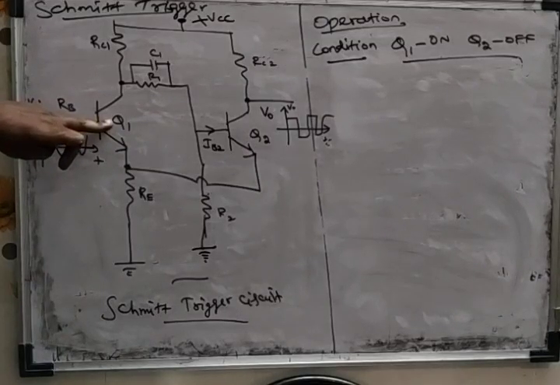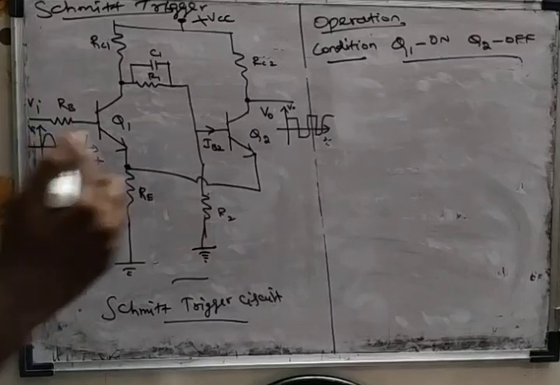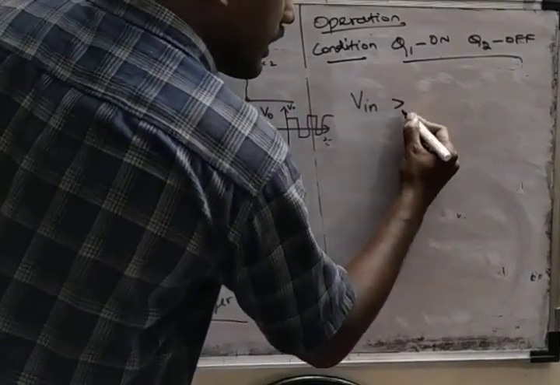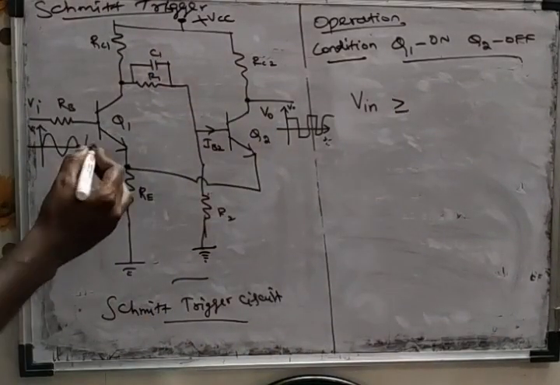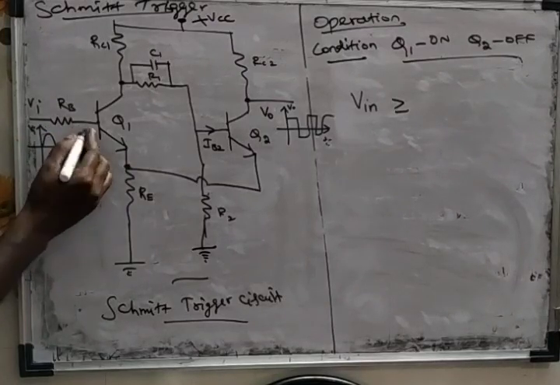When the voltage increases above 0, nothing will happen until it crosses the upper threshold voltage, so Vin must be greater than or equal to the upper threshold voltage, which is determined by